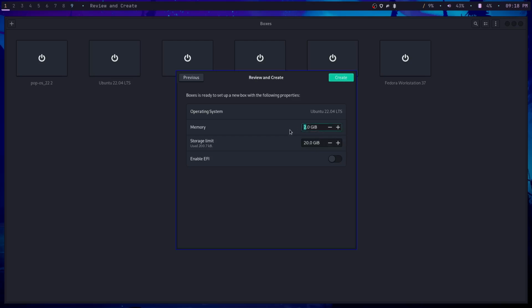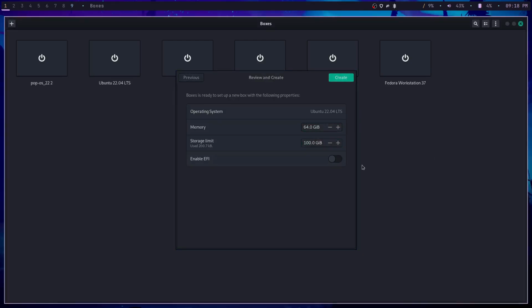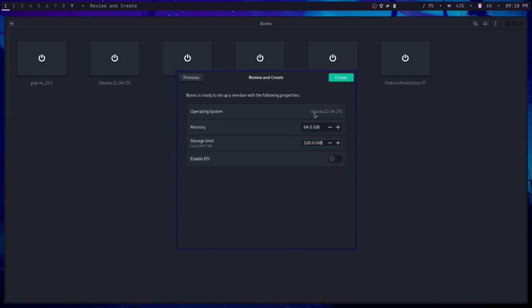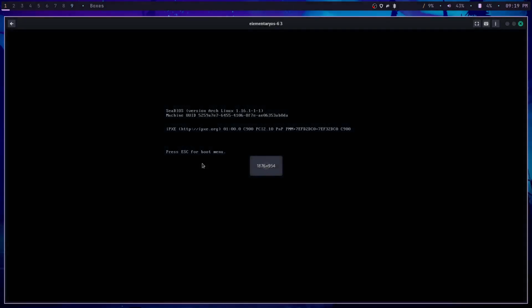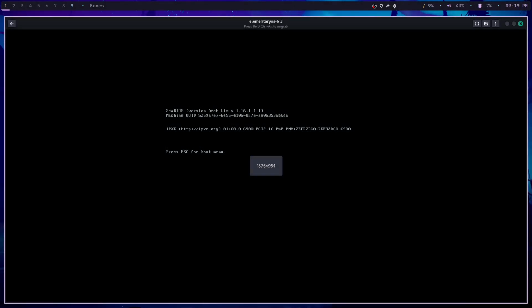And I do not know why, but I have this habit of giving every single virtual machine I have a bunch of beefiness, because I've got 128 gigabytes of RAM in this computer, and 6 terabytes of storage, which, yeah, is very overkill, but I love it. So I'm gonna create, and I'm gonna boot into it.